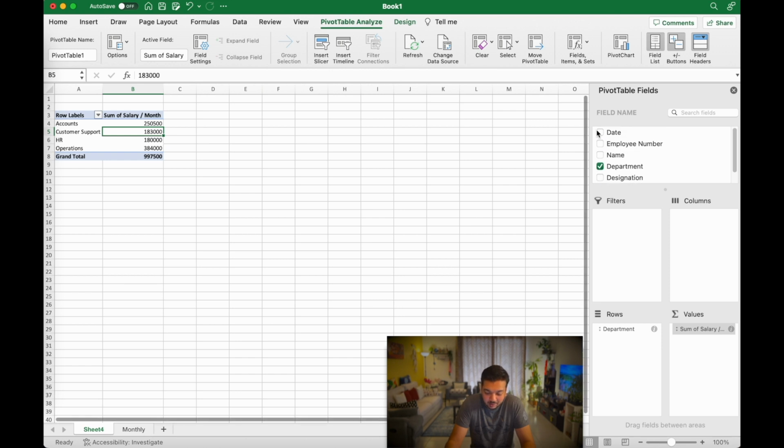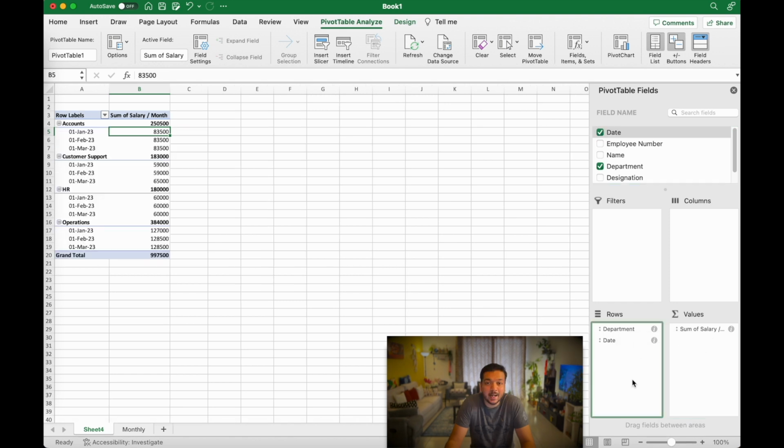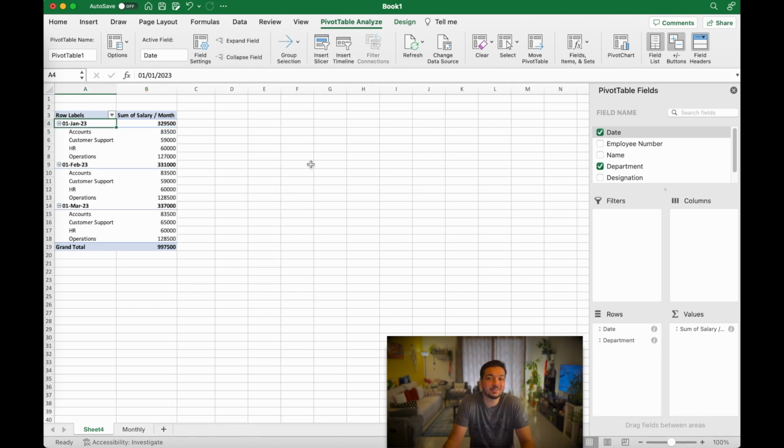Go ahead and click on the date field as well, and move date into rows, and move department below the date field. You can now see how much each department was paid per month. Now let's add another step to this, and let's say we want to see the summary of how much each